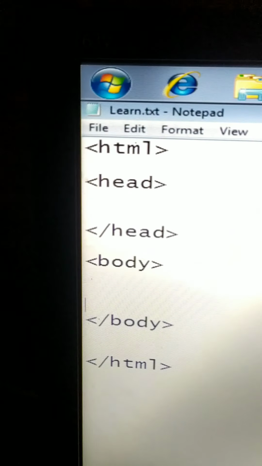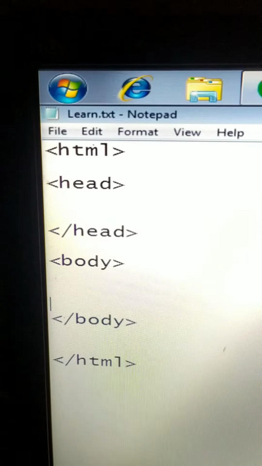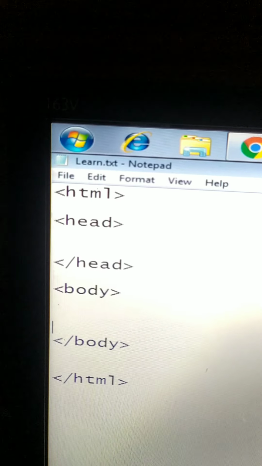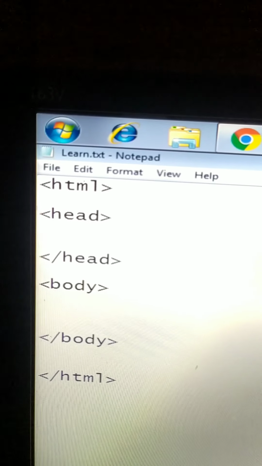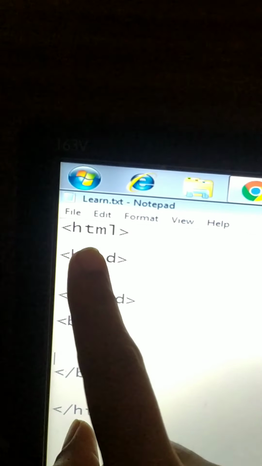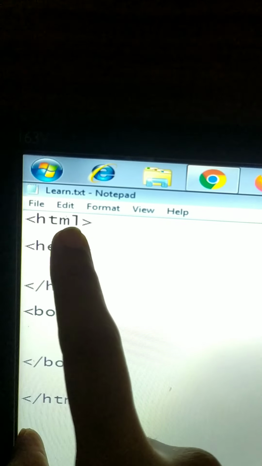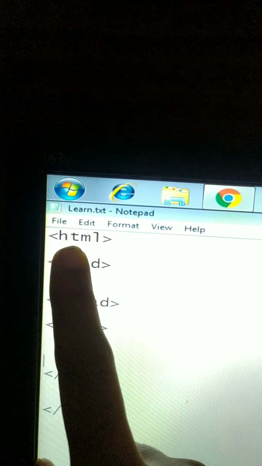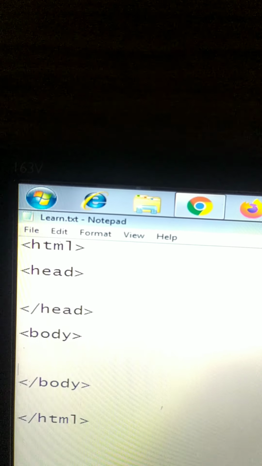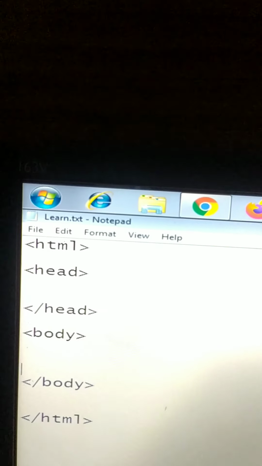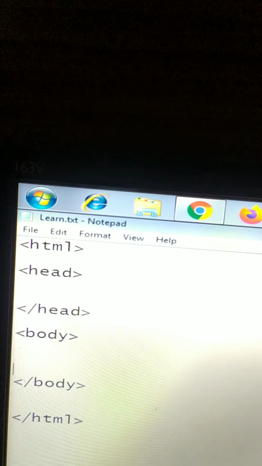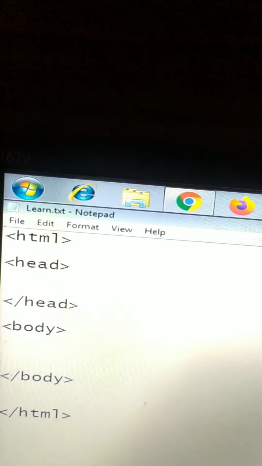Hello everyone. In the last online classes, we have studied some of the features of a well-designed website. Then we have also studied what is HTML. The full form of HTML is Hypertext Markup Language. Now what is HTML? HTML is a set of tags and rules that are used in developing hypertext documents on the World Wide Web.